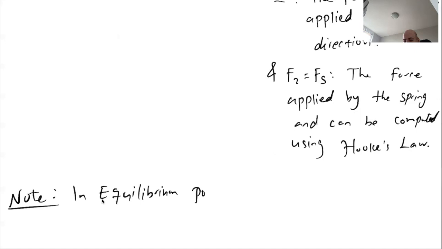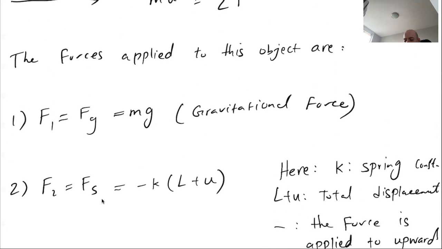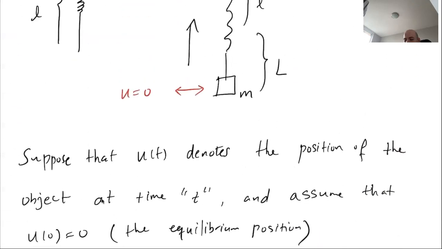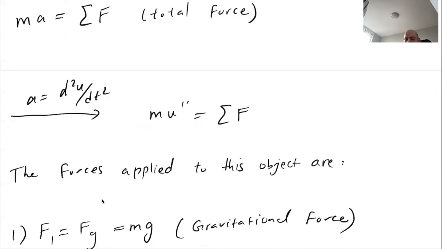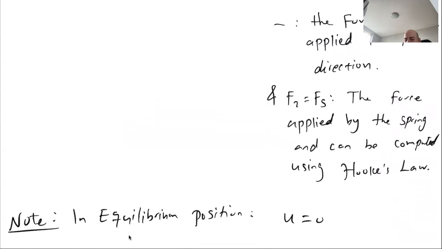Now for the equilibrium position, u is 0, right? So this u is 0. There's no additional displacement from the equilibrium position. So u is 0. And then what will I have? Then I can say that the total force